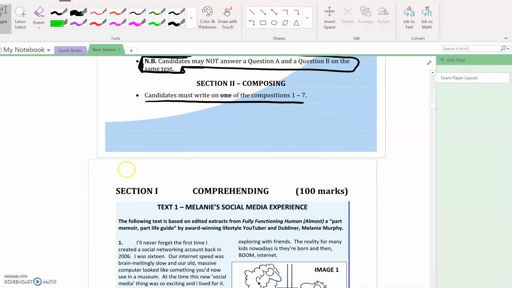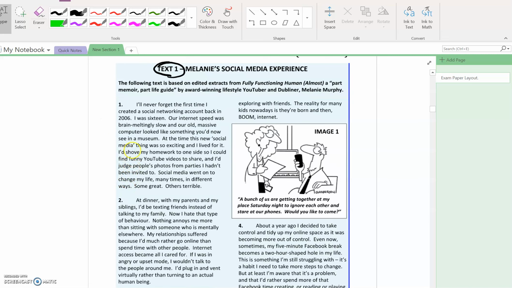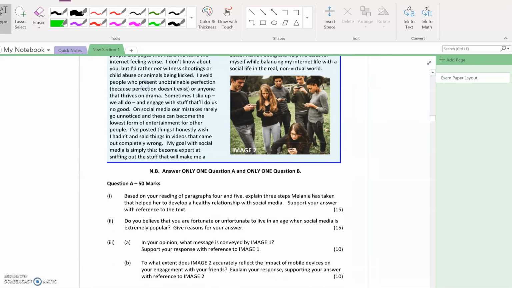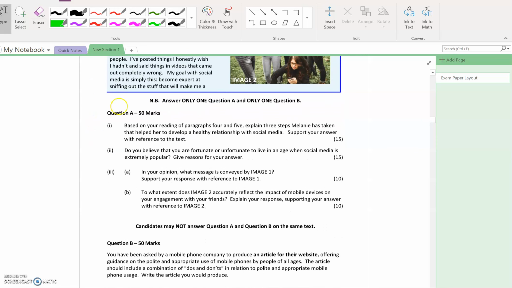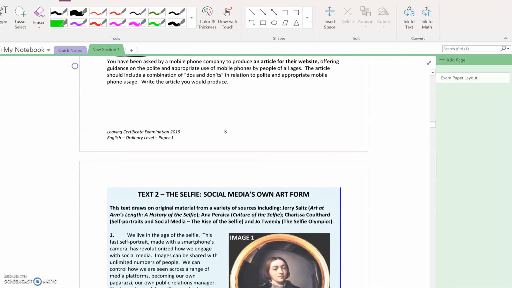Okay, so let's look at one of these texts. This is section 1, and we see text 1. There's a long piece of writing. We'll come back to this in a moment. Let's just have a quick look through the paper in general. Text 1 goes over 2 pages. At the end of text 1, you see there's a question A made up of 3 questions, the third of which is broken up into an A and a B. That's not always the case. They don't always break them up into an A and a B, but they have usually been doing that in the past. And then there's also a question B at the end of this text. And that repeats itself 3 times.